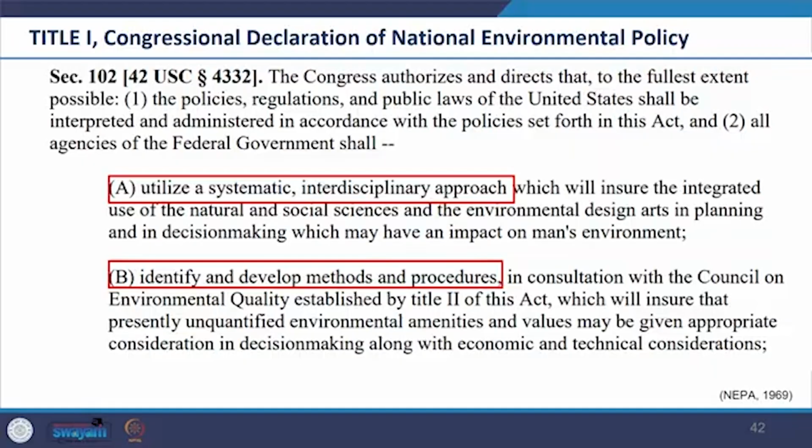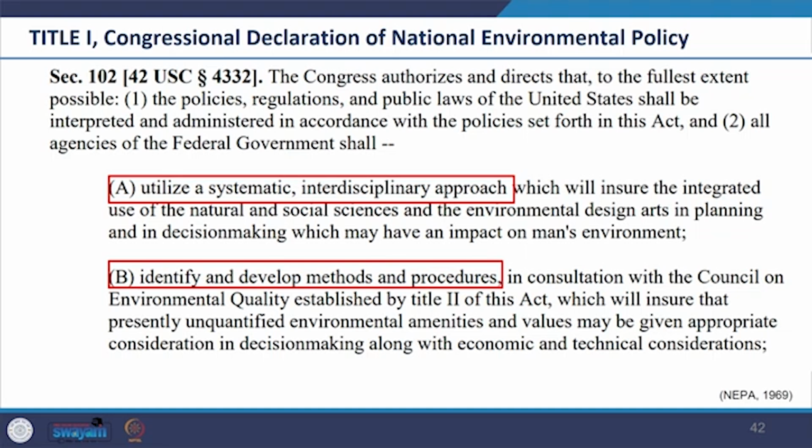So the Council of Environmental Quality, CEQ, would review environmental programs and progress, and would advise presidents on these matters. And then the president would be required to submit an annual environmental quality report to the Congress. So we see that in section 1.2, requirements are of a procedural nature. So it talks about the process that has to be followed, and you will see that federal agencies are required